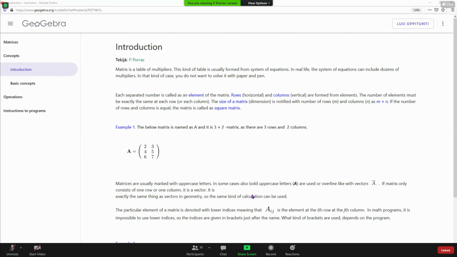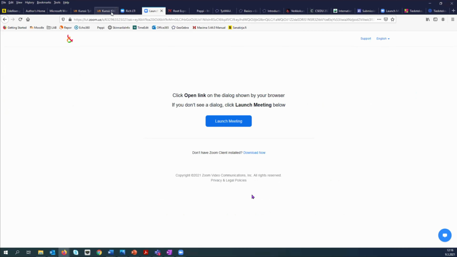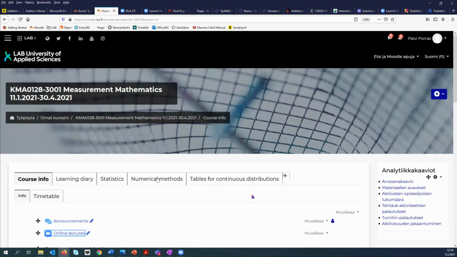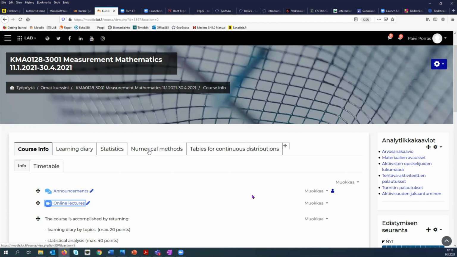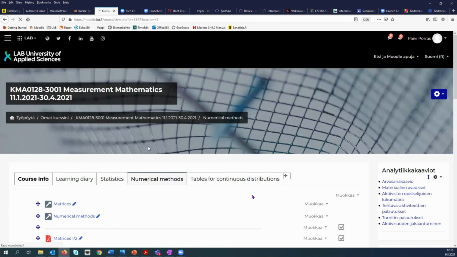Today we should go on and start doing this numerical methods part. All about statistics is basically done already. I think you have some reports still to return. So the correlation and regression, and after that, when you get the feedback for this one, when the final report,